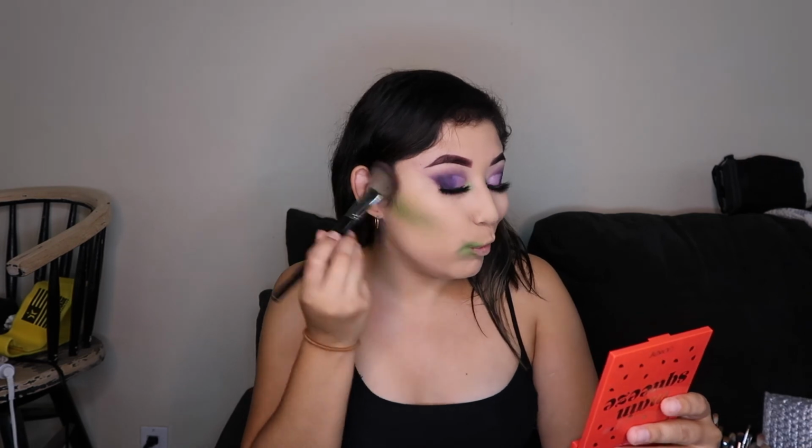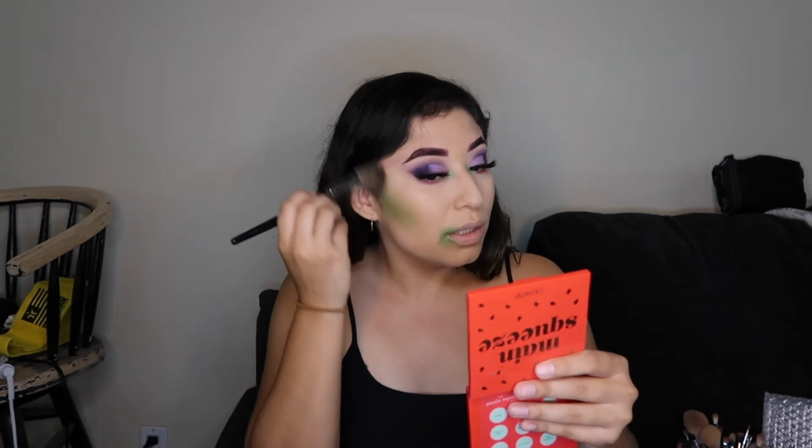If you want to use a bit more dense brush, that's fine, but it's just a little bit harder to blend out. This you want to literally apply to your inner cheekbone and cheekbone as if it were blush and contour, starting from your hairline, dragging it down like so. You could use something dense, but it's going to be a little bit harder to blend out. So you don't really want a harsh line with the Beetlejuice green. You just want to keep blending, so we're going to go ahead and do both sides. Okay, so whatever is left over, I'm just going to blend up towards the hairline,